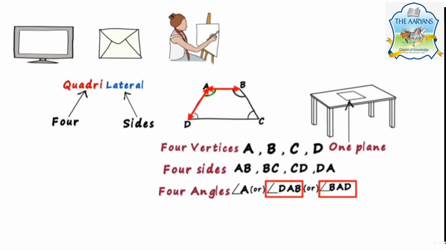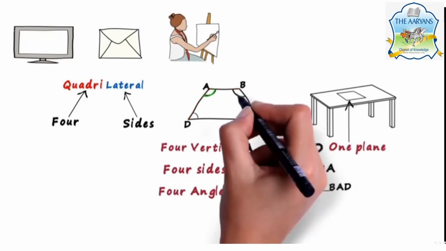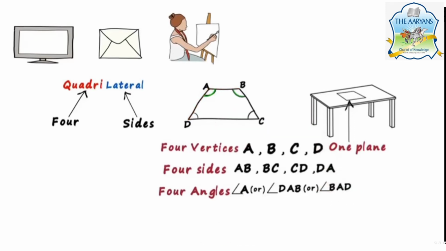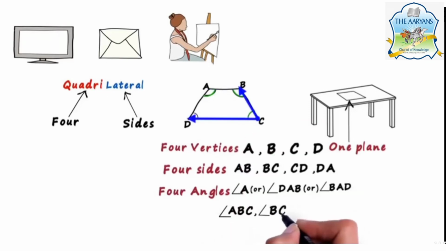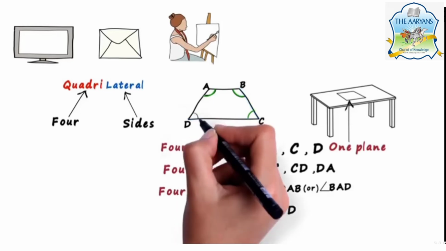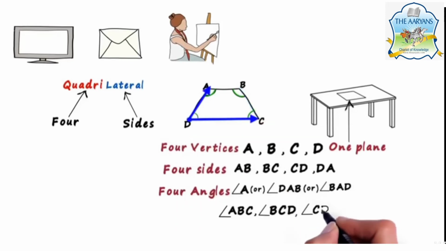In these 2 cases, we named it based on the sides. Similarly, this angle can be called angle ABC, angle BCD, then angle DAC or ADC. And here's the last basic concept which you need to know in this quadrilateral: vertices A